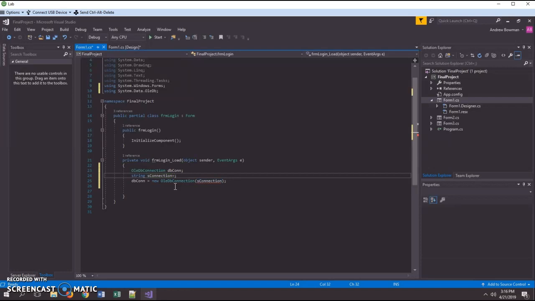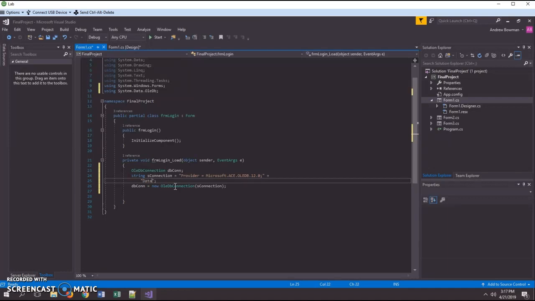The string's an interesting part to create. What we want to do is two parts. It's a provider and a data source. The provider in this case is going to be that. This is the creator of our data source, and it's Microsoft. You can find these at connectionstrings.com, and I will show you also in a second how to do it a little easier. But we have that,